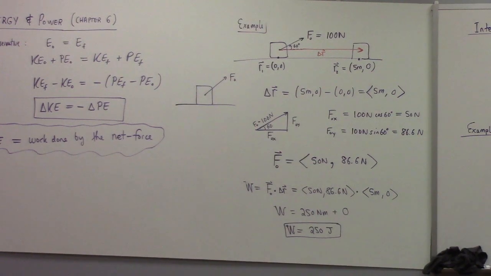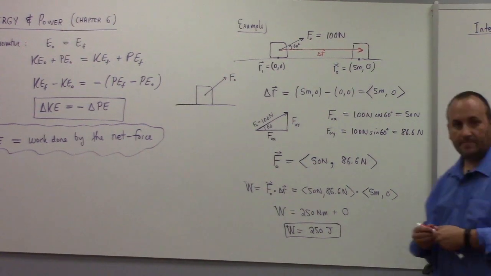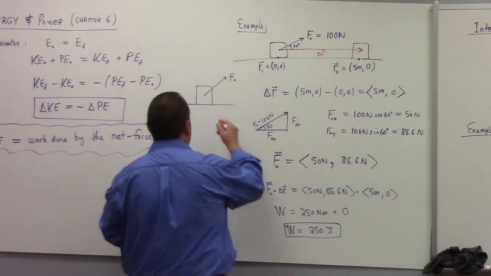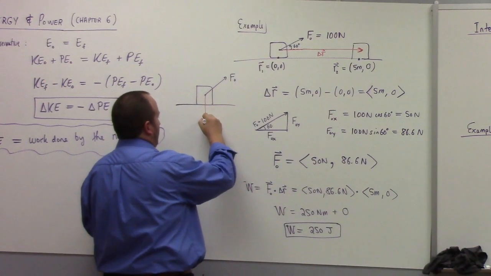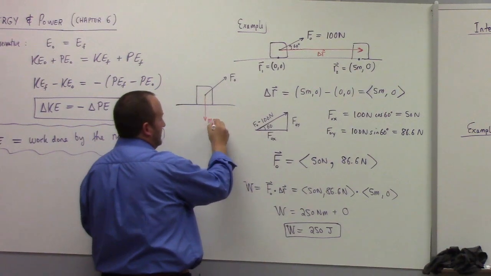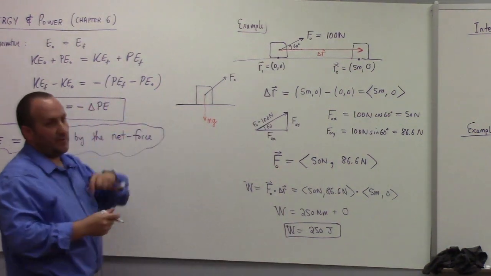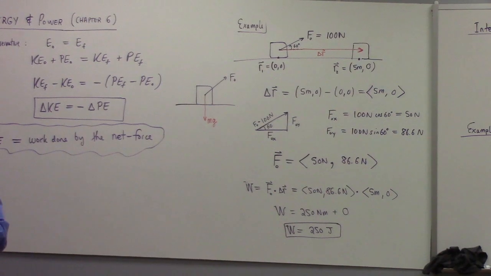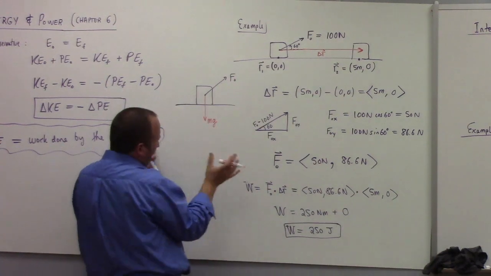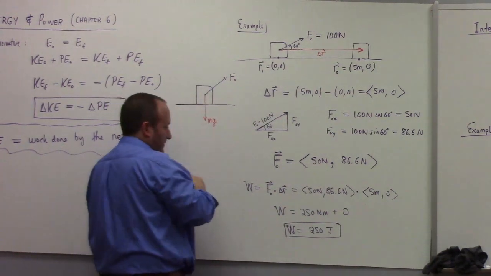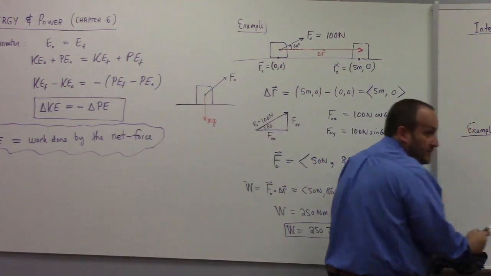Gravity and the normal force, right? Very good. They're not equal and opposite. Why? Because there's a vertical component to the pulling force, right? Which makes the effective weight of the box smaller. It makes the normal force smaller as well, right? Because if you pull up on a box, you, in some sense, decrease the effective weight. So the normal force is actually smaller than mg.